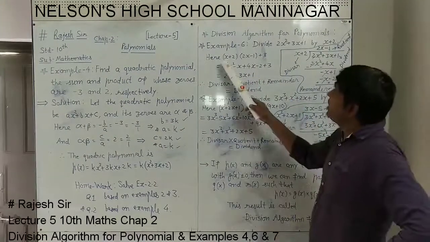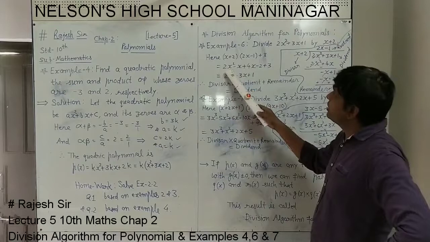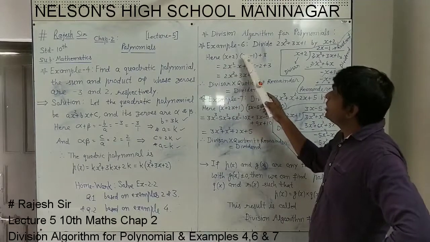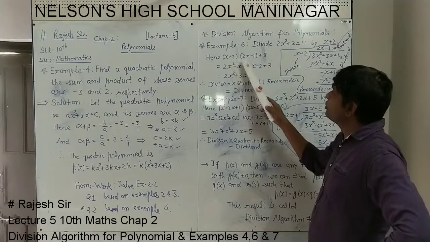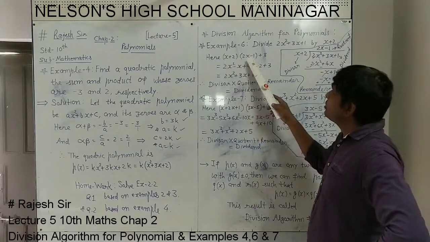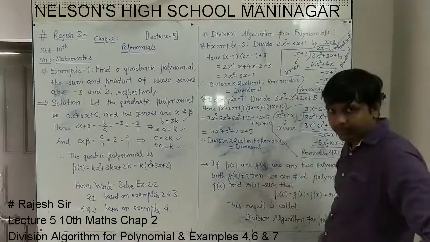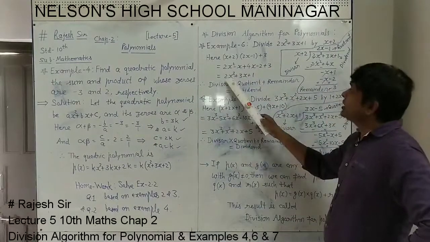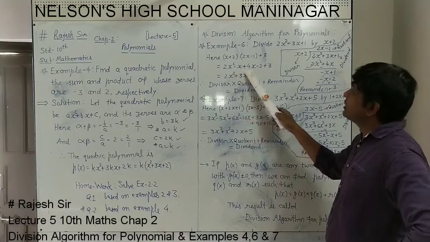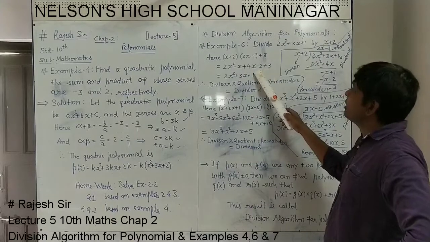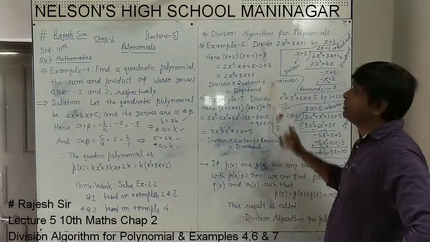Let's see what happens. X into 2x, it will be 2x square. X into minus 1, it will be minus x. Then by 2 multiply, 2 into 2x is 4x, plus 2 and minus 1 multiply, plus minus minus, 2 1s are 2, and plus 3 happens. 2x square as this, x terms are 4x and minus x, it will be plus 3x. And constant terms are plus 3 and minus 2, so it will be plus 1 remaining.